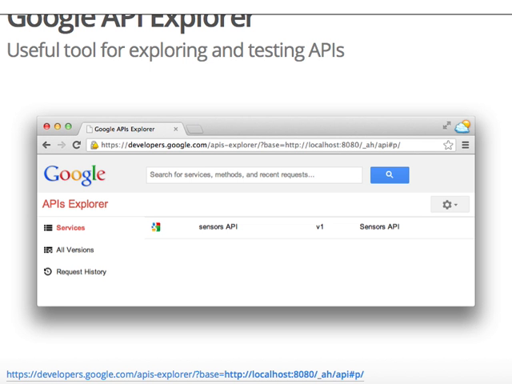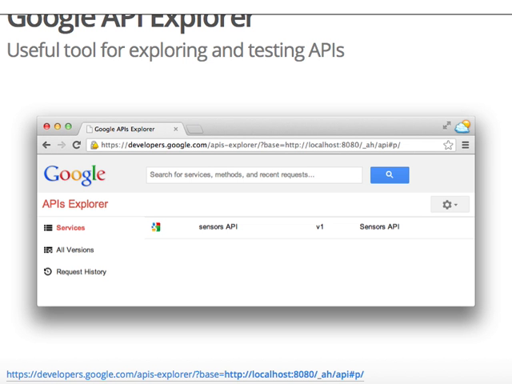Google API Explorer, initially it was created so our external developers can look at our APIs, can play with them, can see how they work, can see what data they can pass to make it work, and what not. But because we were building Cloud Endpoints on the same technologies we're building Google APIs, it was fairly easy to adapt it and to make Google API Explorer work with the Cloud Endpoints API.